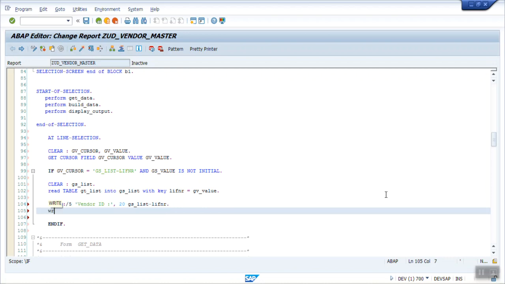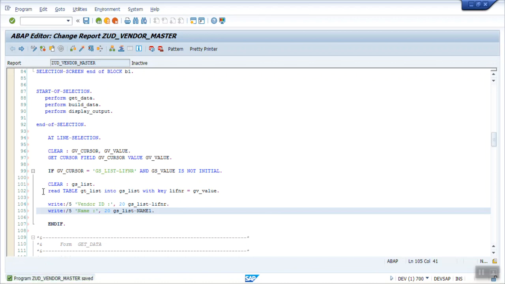And then in the second line I want to write simply the name, and at 20 I will be writing gs_list-name1.